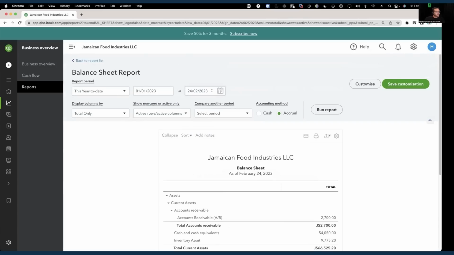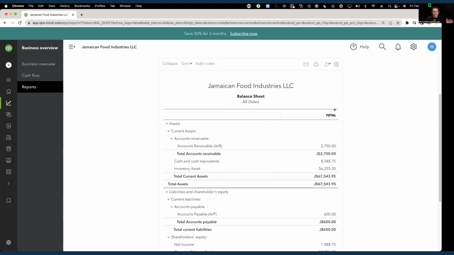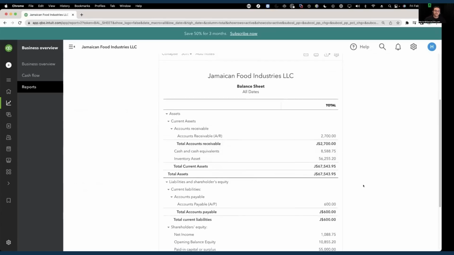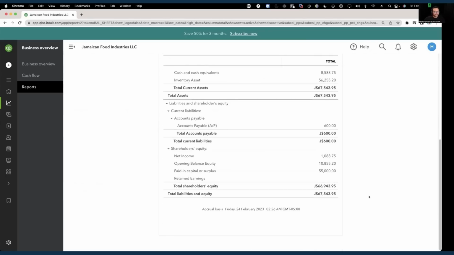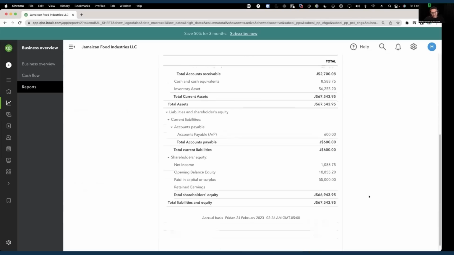And these balance sheets can be created as of any date. So if there's any transactions in the past or in the future that you want to change how the report calculates it, you can certainly do that, and you could get a different result, of course, based on the date range that you use for the reports. Okay, so we have accounts payable. That's the bill that we entered that we haven't paid,